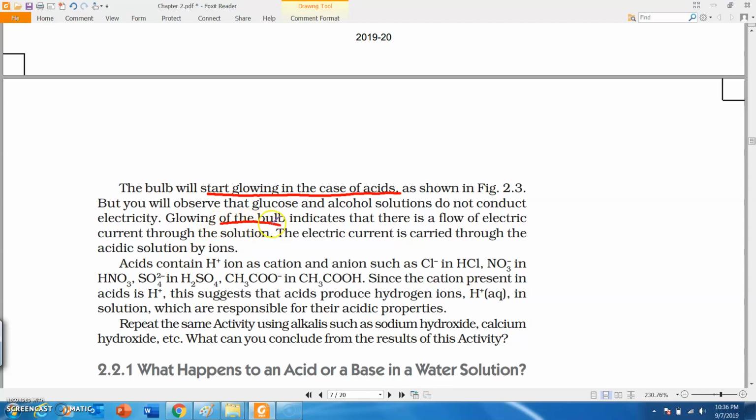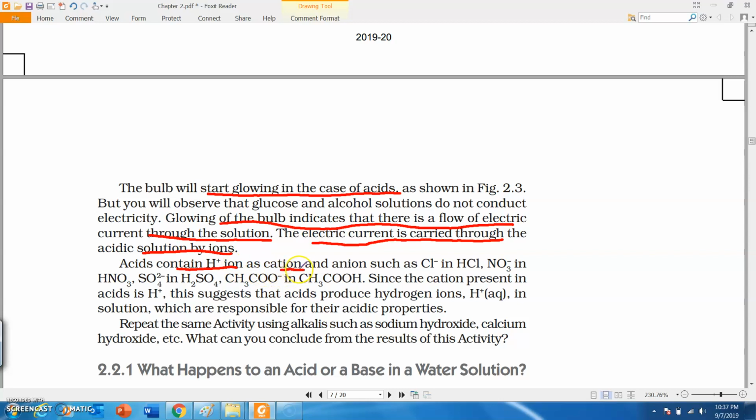Glowing of the bulb indicates that there is flow of electric current through the solution. And why this electric current is carried through the acidic solution by ions. इसका मतलब कि जब जो एसिड सोल्यूशन है उनमें से जब करंट पास किया जाता है तो आयंस बनते हैं, that is hydrogen ions. Acid contain hydrogen ions